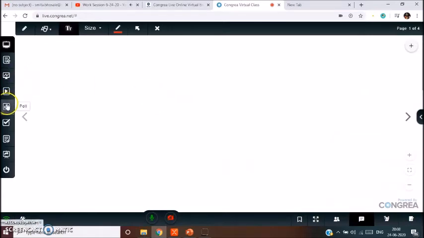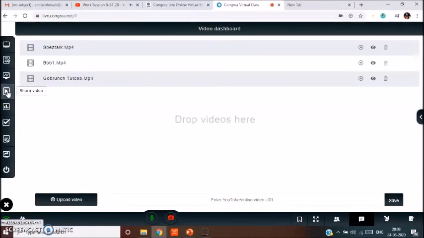The next option is share video. So this is the video dashboard and it will display all the videos that are already uploaded. To upload a new video, click on upload video.